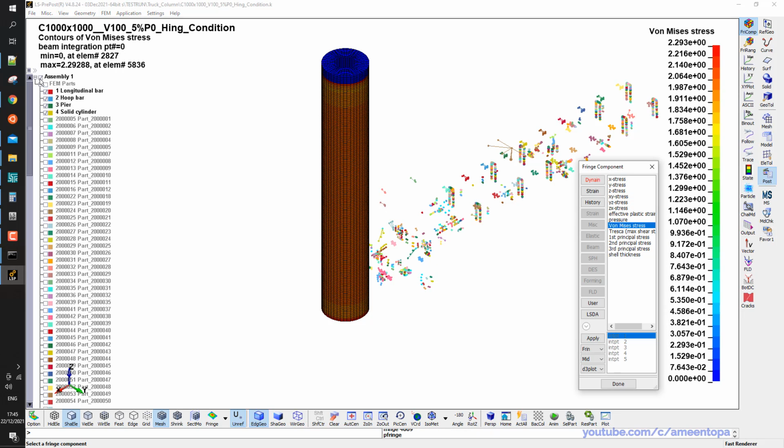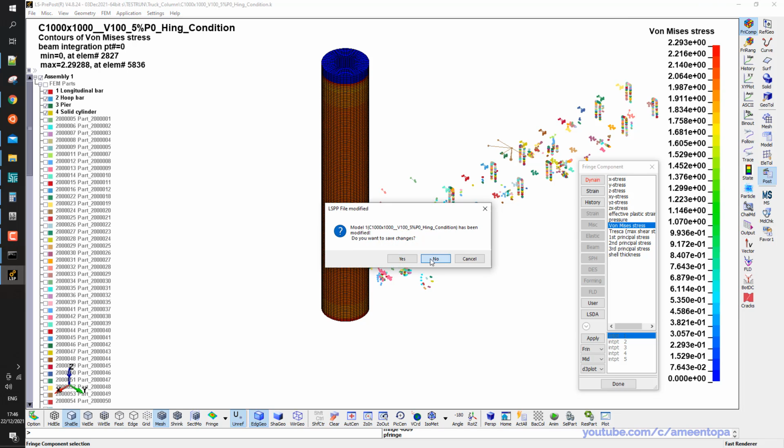Okay, so this is how we do it, but actually we can make it even better. Because these elements, this column has the original length. Due to the self weight and the load from the top, it got some displacement in the Z direction. So we can actually do better than this. What we can do is,